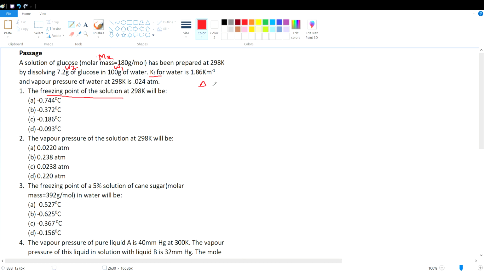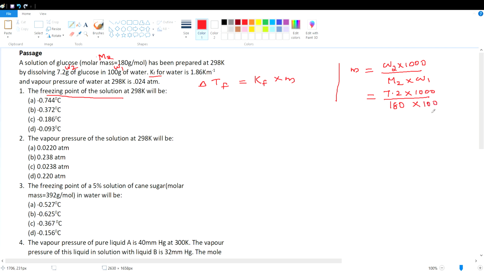We know the equation is depression of freezing point delta Tf is equal to Kf into molality. Let's determine molality first. Molality is equal to W2 into 1000 divided by M2 into W1. Substitute all the values. W2 is given as 7.2 into 1000 divided by molar mass 180 into W1 100 gram. Substituting this, you will get